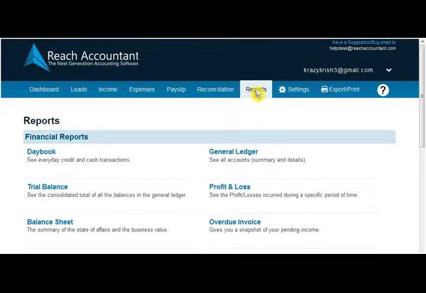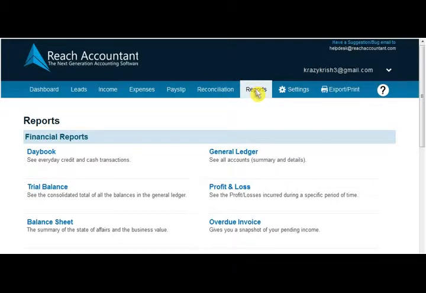Financial statements are usually prepared once a year, but can be prepared more often. Reports can be generated from Reach software, Reports tab.